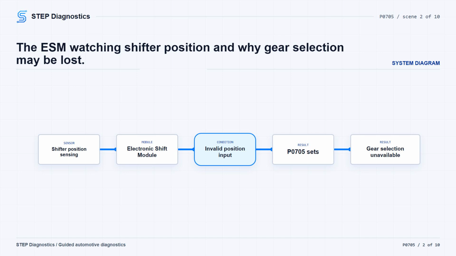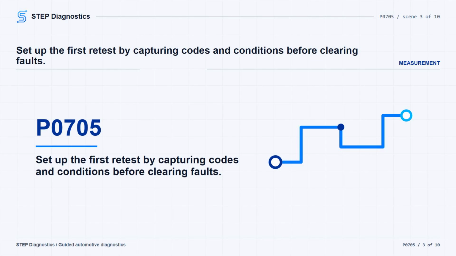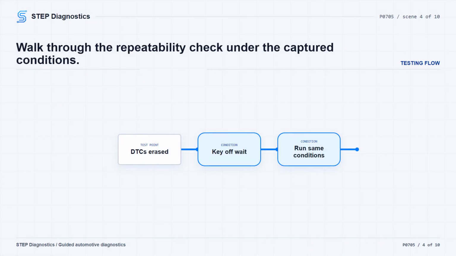Start with the basic system checks before getting into the code path. First, use the scan tool to read codes in all ECUs and record them. Run a vehicle scan report, or record the environmental data tied to the code. Then erase all DTCs. Turn the ignition off for a minimum of 0 seconds, turn the ignition back on, and